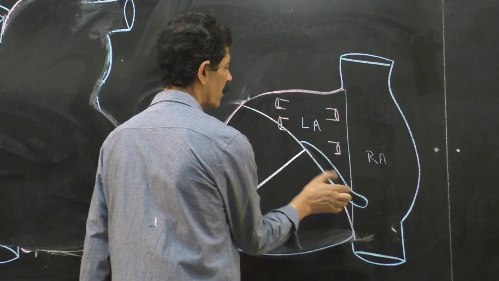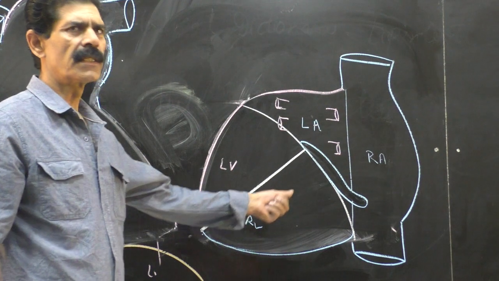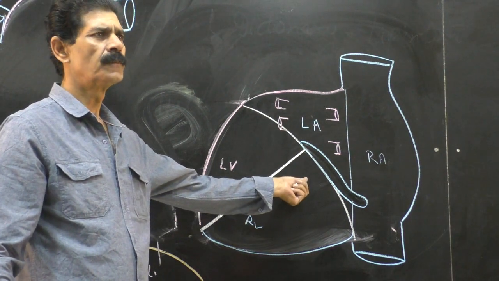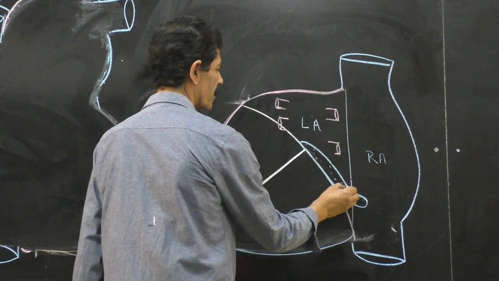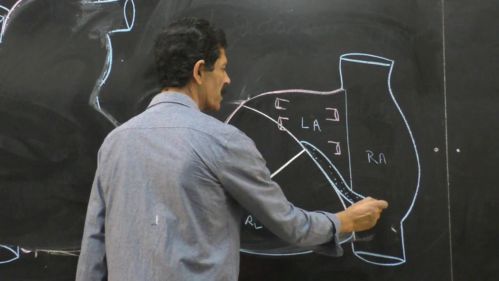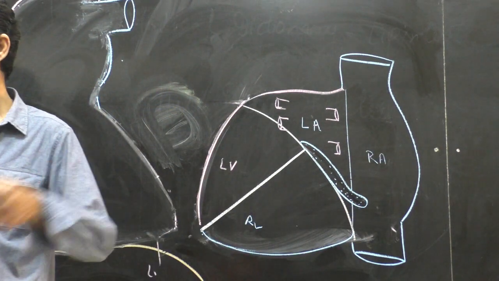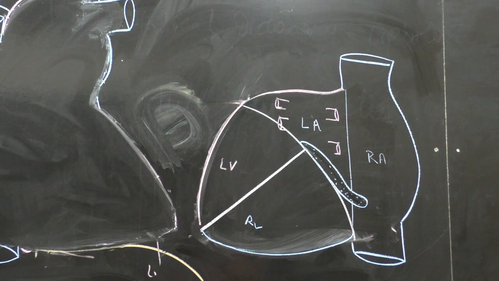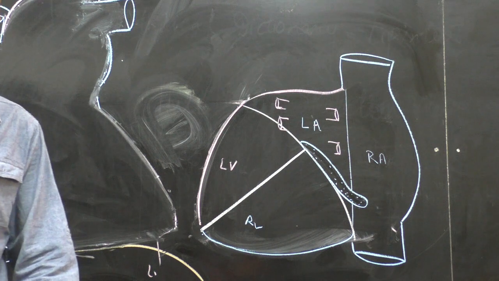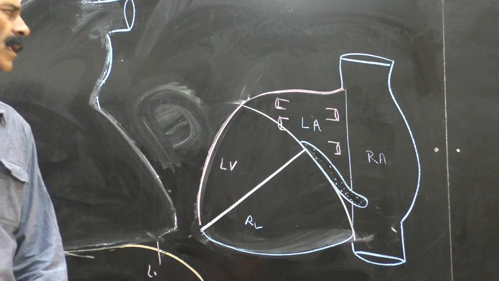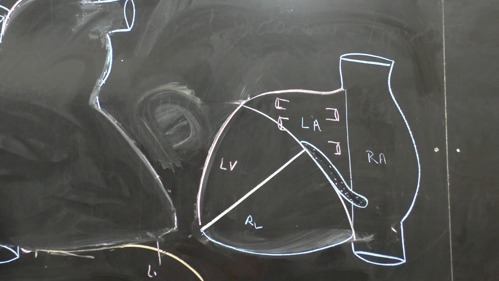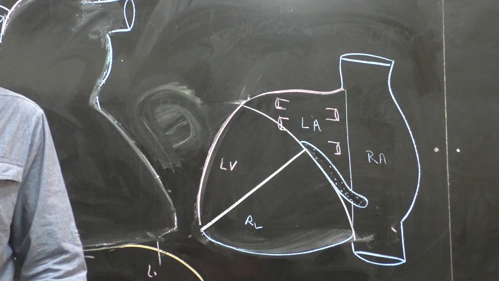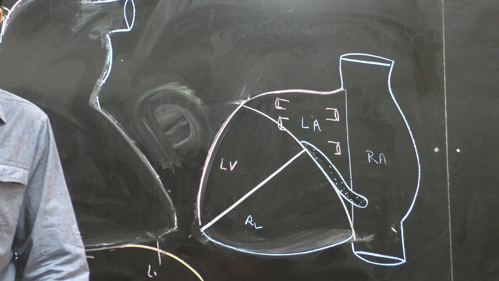So this is the coronary sinus. In the dissection part, you will see it here. So this is the coronary sinus. And it opens into the right atrium because the whole of the impure blood from the whole of the body is coming into the right atrium. So impure blood from the heart is also pooling in the same right atrium. And at the opening of this coronary sinus in the right atrium, there is a vestigial valve also present, which is no longer functional, but still it is present.